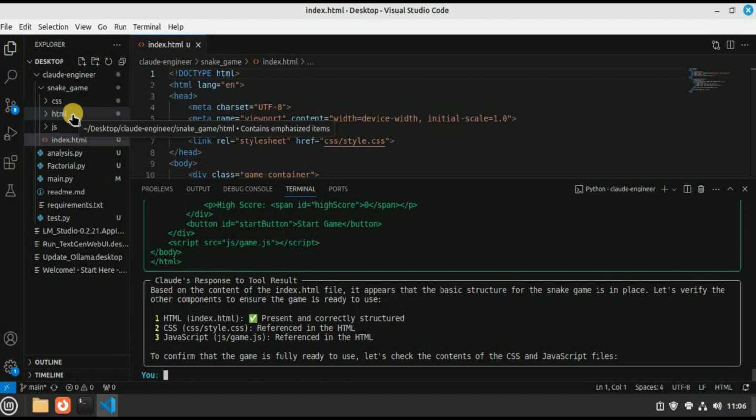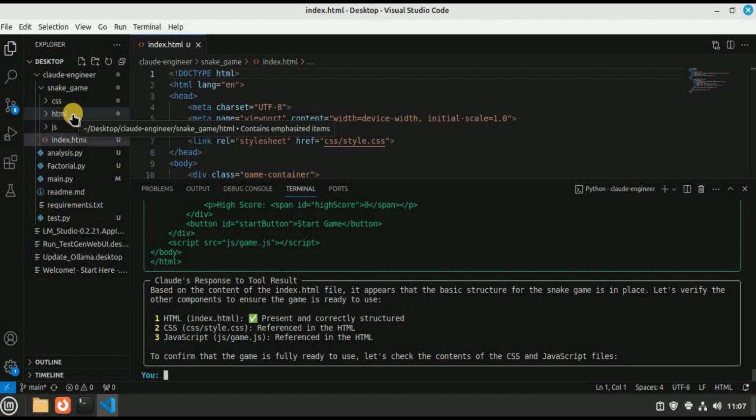Although I performed all of these steps in different prompts, you can also do that in a single prompt by asking it to provide the HTML, CSS and JavaScript code for the snake game. But in order to make it more understandable, I performed it in different steps. And in this way, you can ask it to generate any code for you and it will provide you different files and folder structures for it. And the code too will be absolutely correct and ready to use for your applications. So overall, this is an amazing tool that allows you to create different files, different folders, and also generate different kinds of code and applications with just a single prompt.